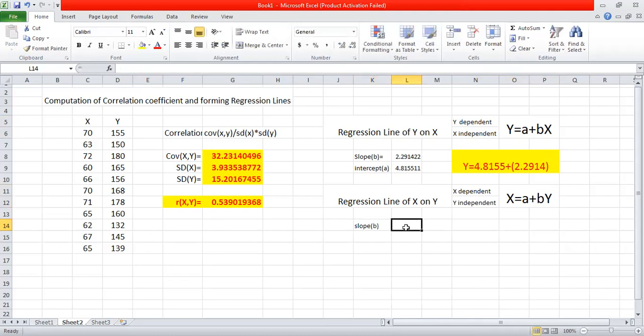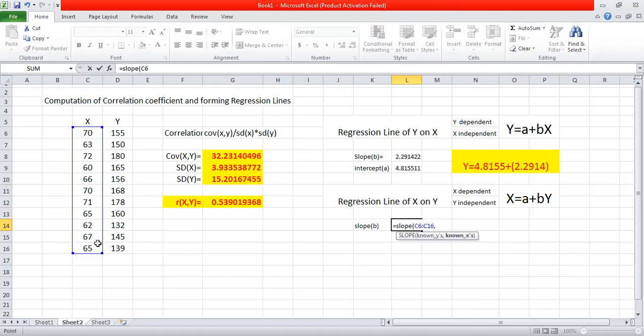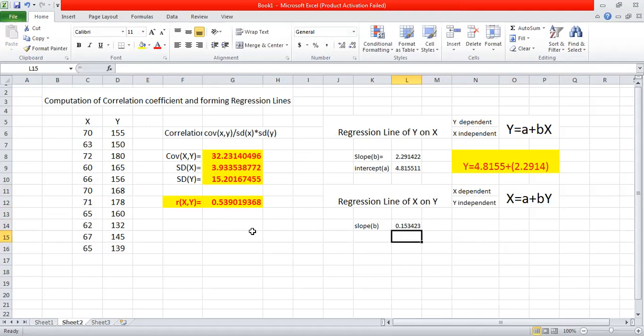We use the function called slope. So first, select the dependent variable values. For the regression line of x on y, x is the dependent variable. So you select the x values first, comma. Now the independent variable values, that is the y values. We get the slope. Next, similarly, for the intercept, which is denoted with a,